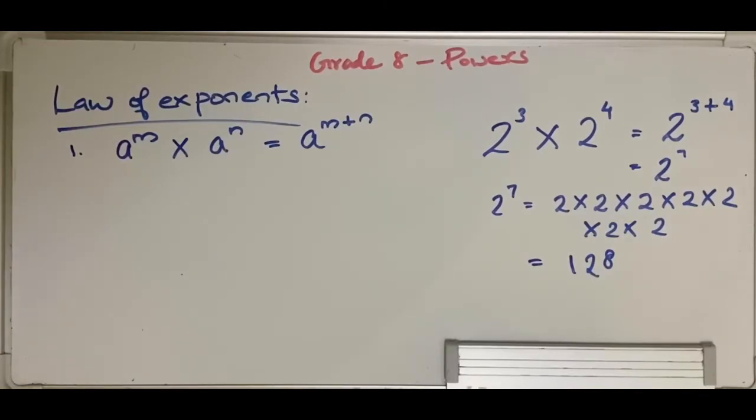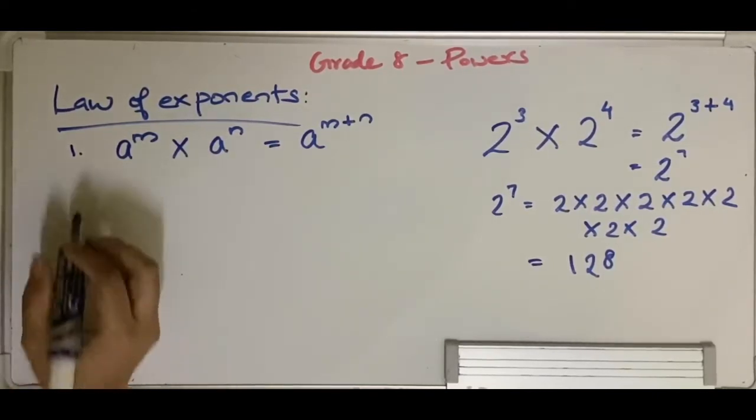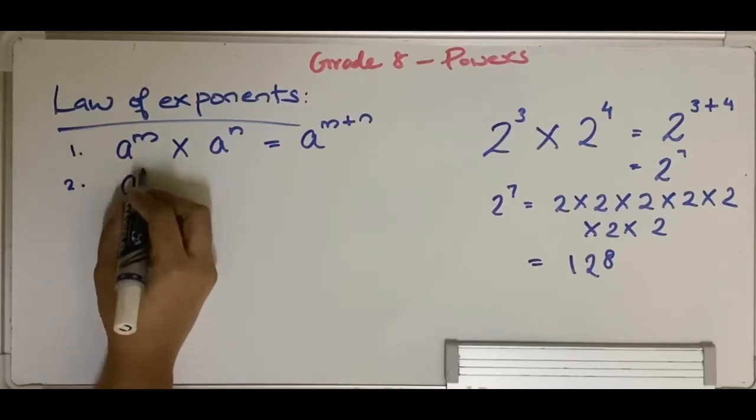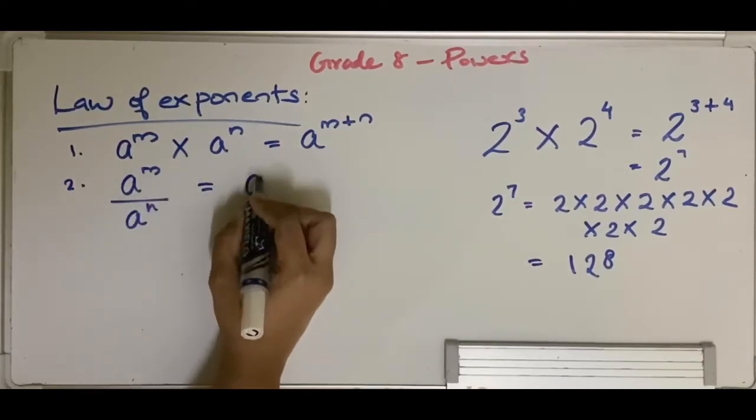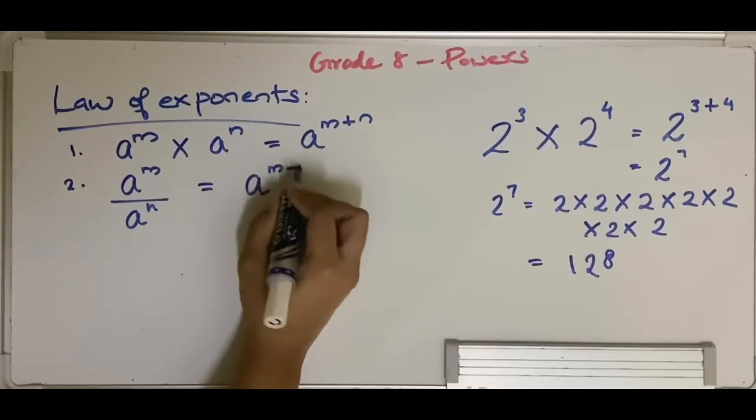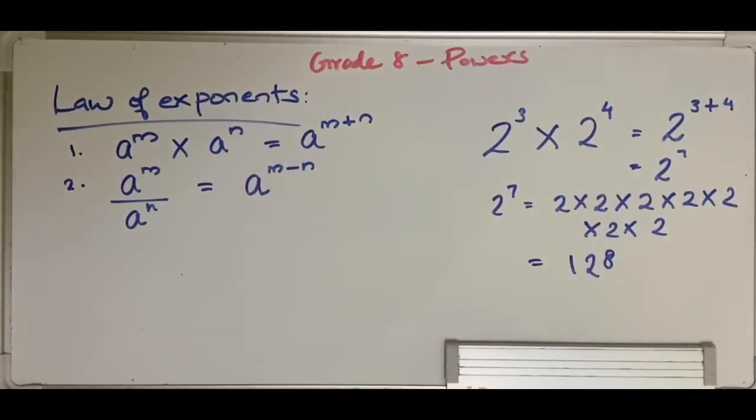Is that clear? So basically if we have two same numbers with different exponents and we are asked to multiply them, you simply add up the powers to get the final answer. Whereas when it comes to division, that is if we have a raised to m divided by a raised to n, in this case we have to do subtraction. So it will be a raised to m minus n. With the same base and different exponents, if the question is to divide, then we simply subtract the powers to get the final answer.